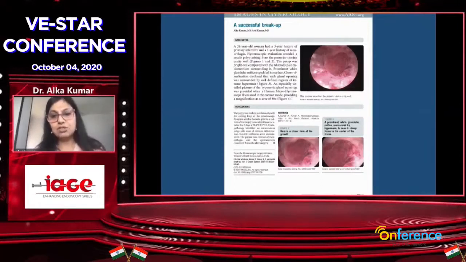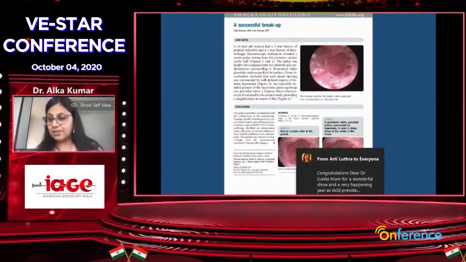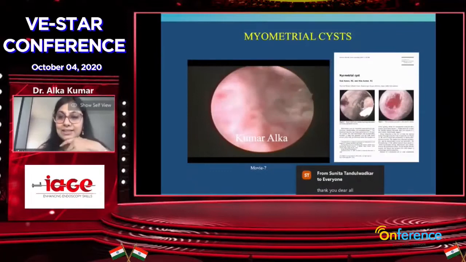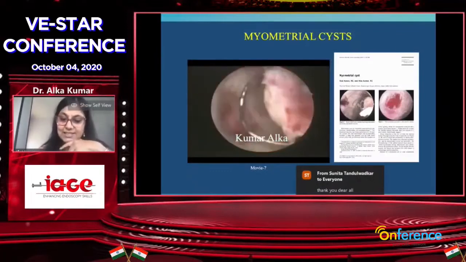Now I have pictures of chronic endometritis. Chronic endometritis has four features. You have angry looking gland openings, you have undulating endometrium, you have stromal edema, and micropolyps, which are less than 1 millimeter in size. Here in this picture, we were published in AJOG with angry looking gland openings surrounded by a red halo. The next challenge is a myometrial cyst.